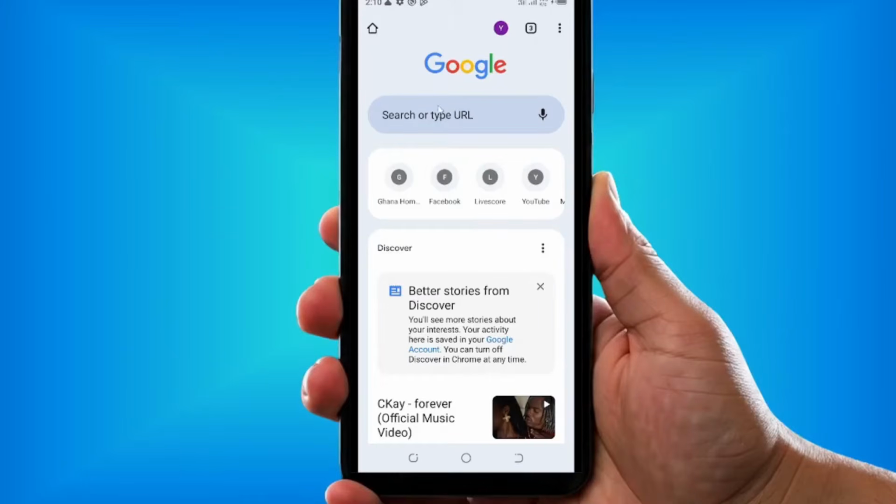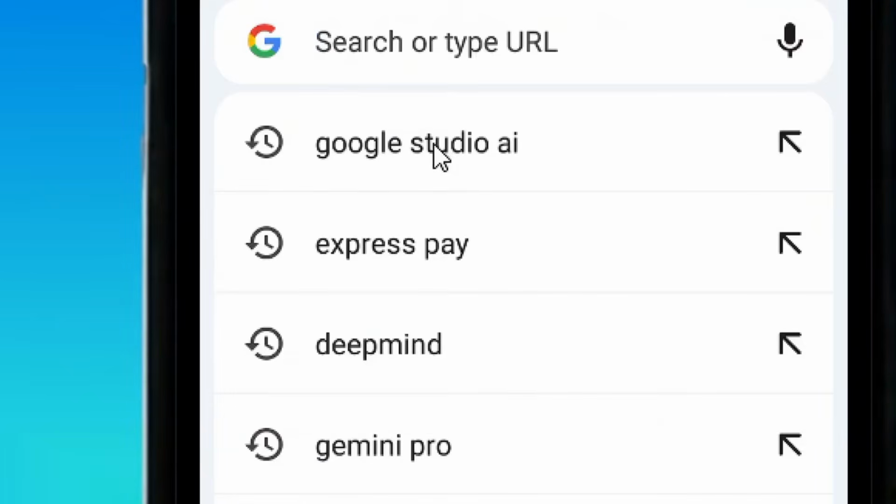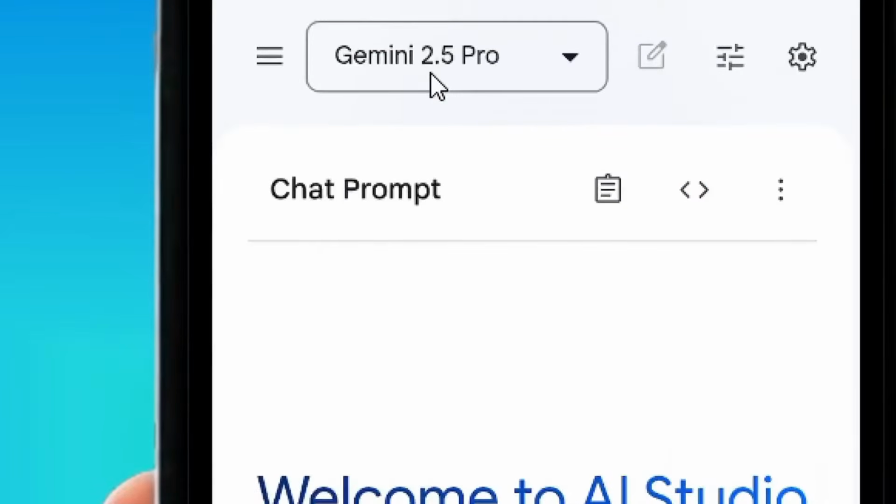How to use Google AI Studio in mobile. So from Google search on your mobile phone, search for Google AI Studio. It will come up, and then select the official site of Google AI Studio. It will bring you right here, and then over here you can see that we are currently using Gemini 2.5